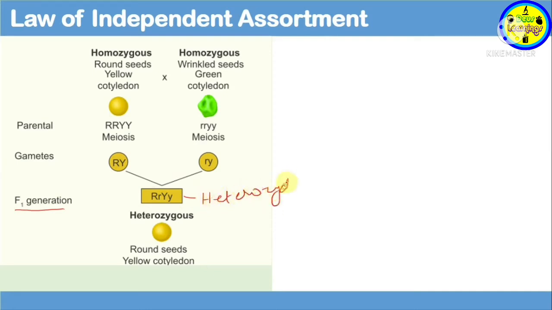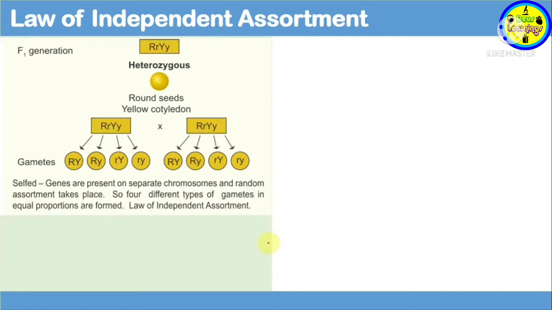Heterozygous dominant, right? And when you cross F1 with F1, this combination came out. So how did it come out, do you have an idea? Basically, what it wants to say is that if we have 1 2 3 4, and you want to make combinations,